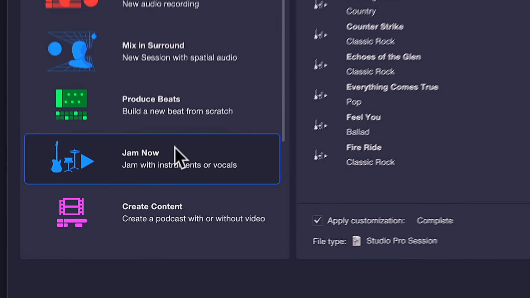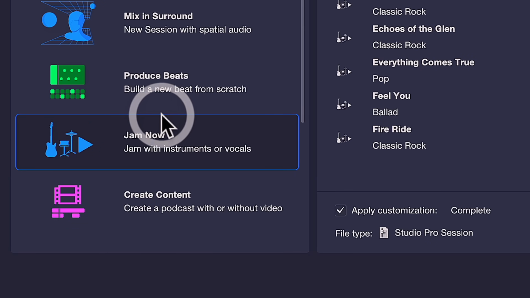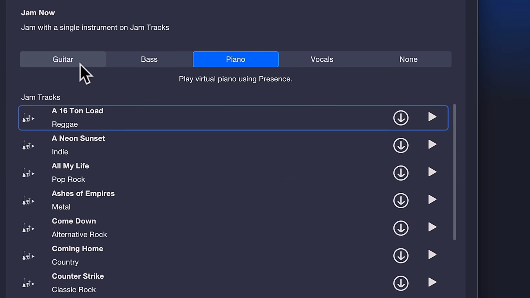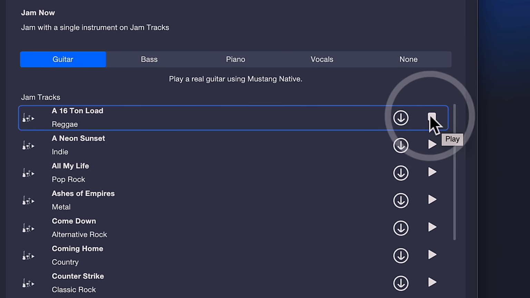One of my favorites in Studio Pro 8 is actually the Jam Now template. Here you can specify what kind of instrument you play, let's assume that you're a guitarist, and then you can pre-audition some jam tracks, for example this awesome reggae tune,